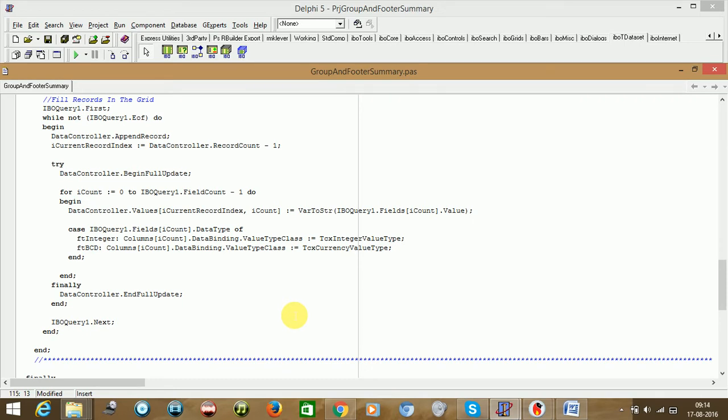Now when we are saying the summary part, so what we can do, so first footer summary we will be doing here.